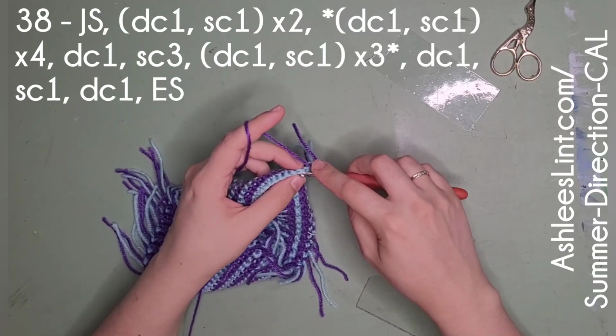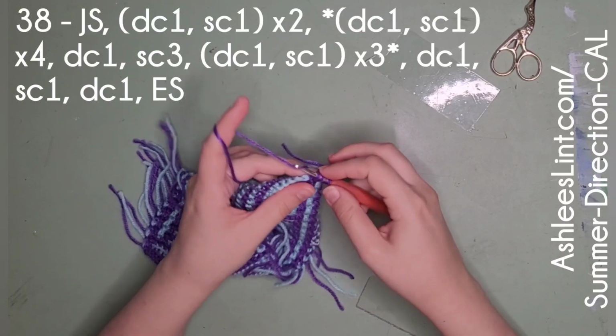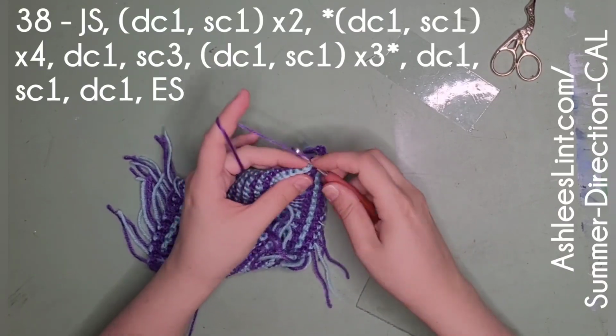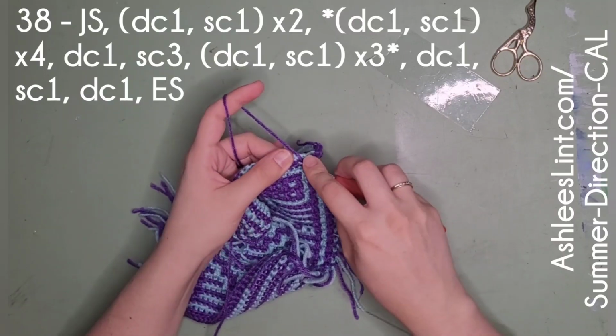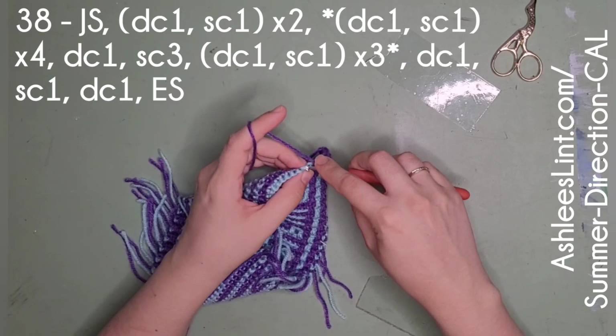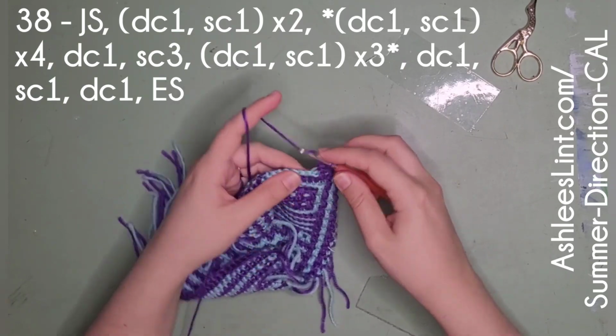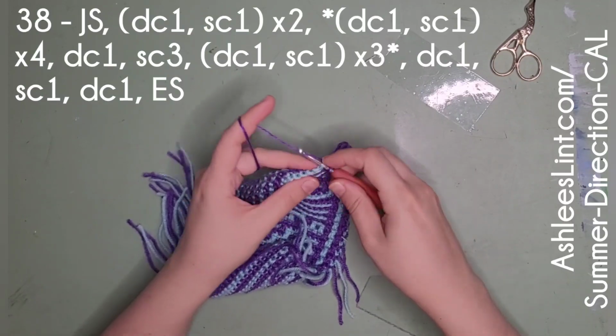Double, single, double, single. That's where our star starts. So now we're doing again double, single, double, single, double, single, double, single. We're going to count them 1 and 2 and